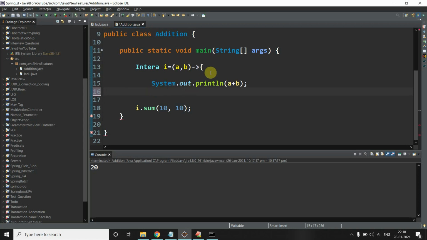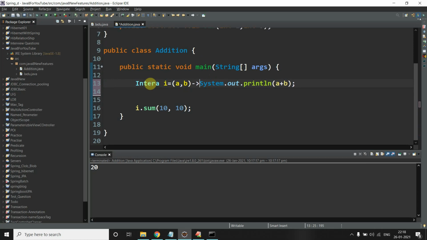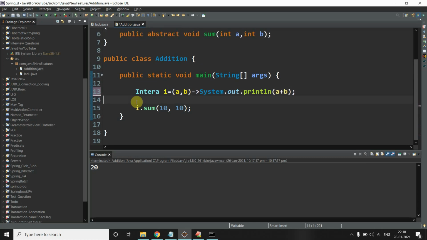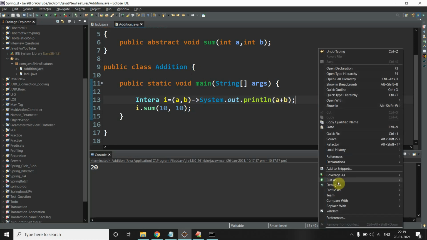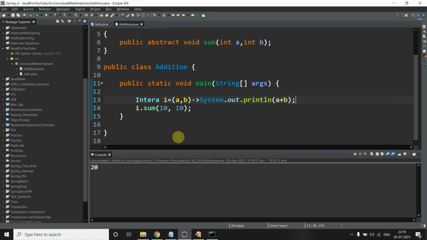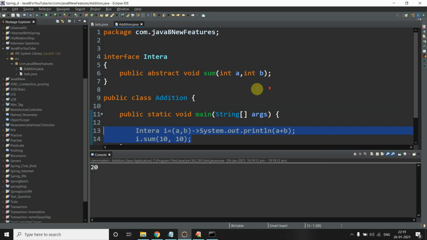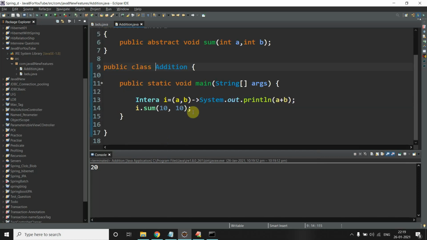Because we need only one line here, we can remove the curly braces, sorry. I'm very bad at these things, parenthesis and curly braces. So let me run this. Perfect, no need to give the implementation or write unnecessary code.